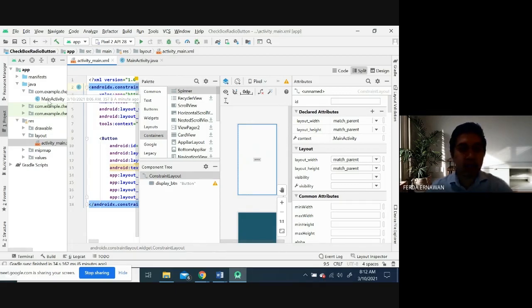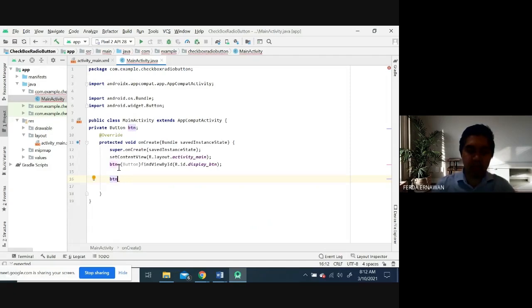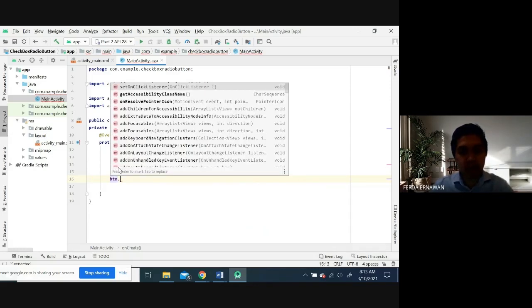So we can go back to the Java file here, and then we set an on click listener to the button. Currently we have this button. We can call the button, and then set on click listener, so once we click the button, a message pops up. So btn dot, then we can choose setOnClickListener here.